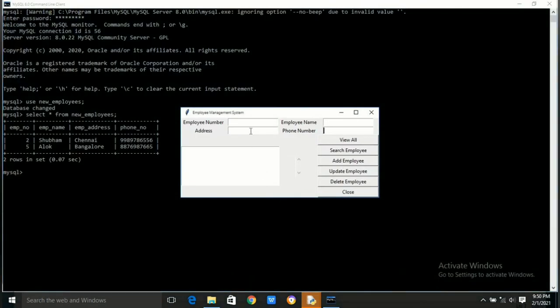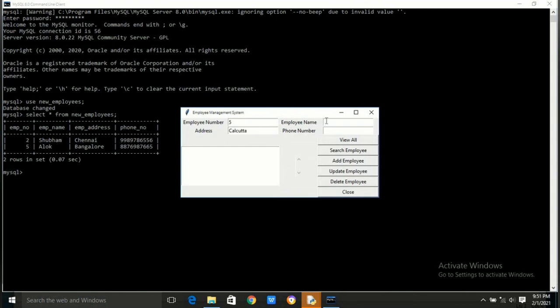Now we will check the update query. We will change the data of a particular employee, and here we are changing the data. After entering the 4 data fields, we have to click on update employee and the data will be updated in the backend.